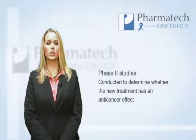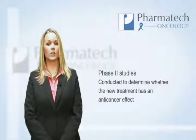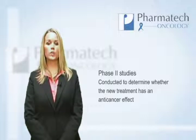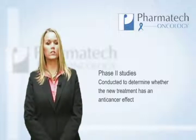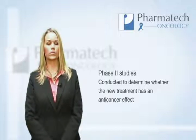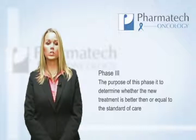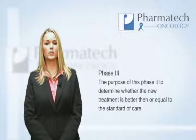Phase 2 studies are conducted to determine whether the new treatment has an anti-cancer effect. For example, does the treatment shrink tumors? What types of tumors does it shrink? A Phase 2 trial continues to test the safety of the drug and begins to evaluate how well the new drug works. Phase 3 studies occur after a drug or a combination of drugs has demonstrated promising results in the